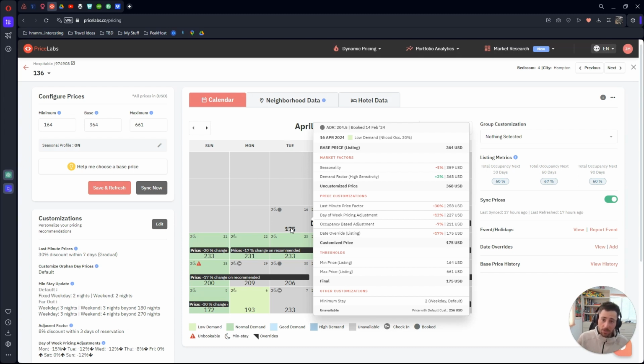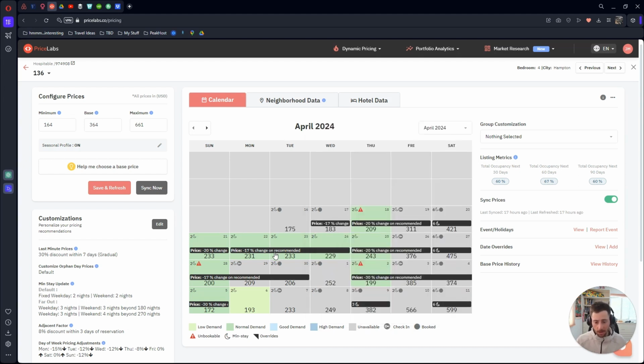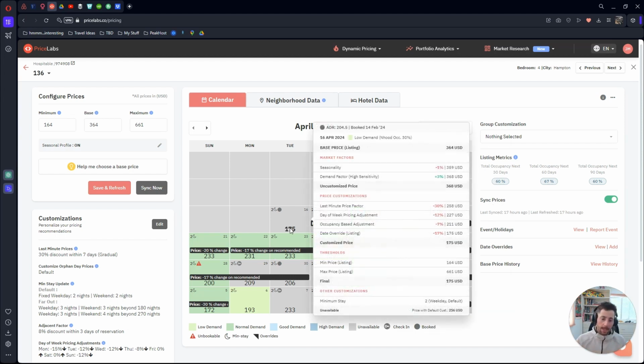Occupancy-based pricing adjustment, we'll get into that a little bit later, and then my additional date override, which are these right here, where it says negative 17% change, 20% change on recommended. You put those in manually, it uses your thresholds, and then it spits out 175 as its price. So I don't look at this often. I do look at it if I see a price where I'm like, what's going on there? What is the tool seeing that I'm not, or what is being applied that might be too aggressive or not aggressive